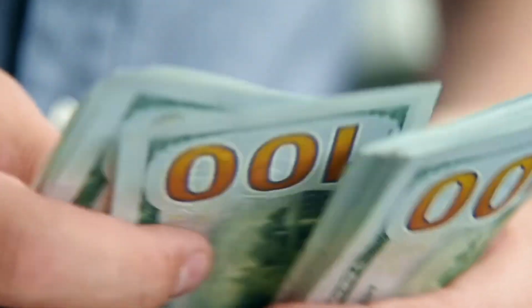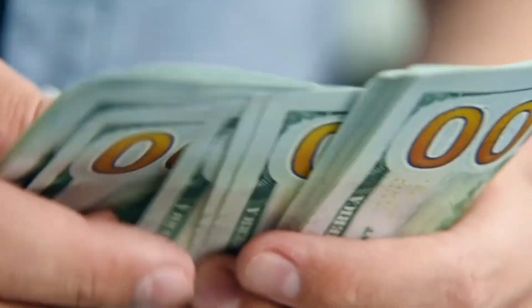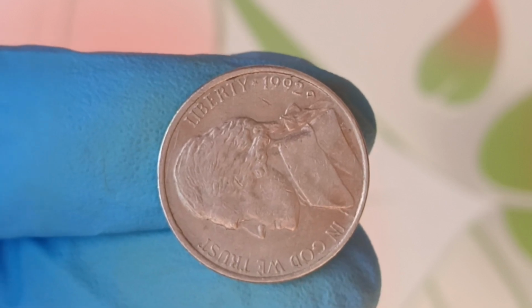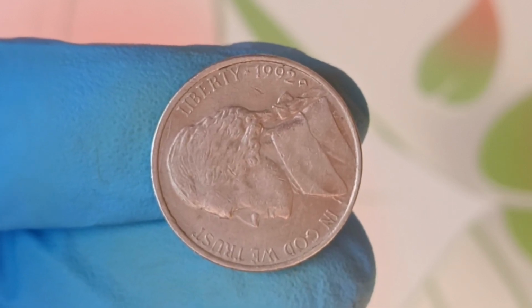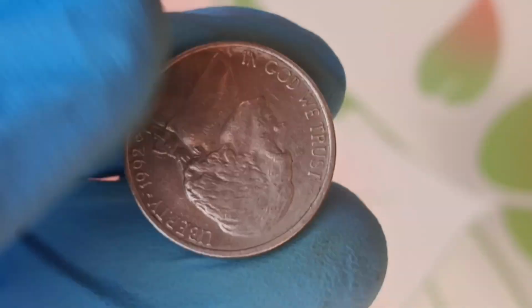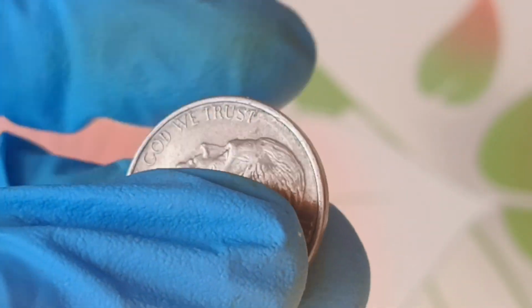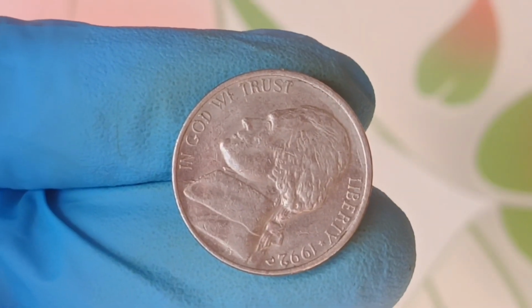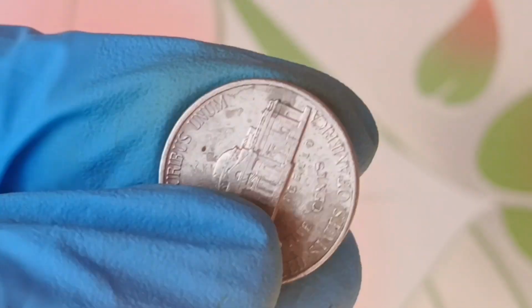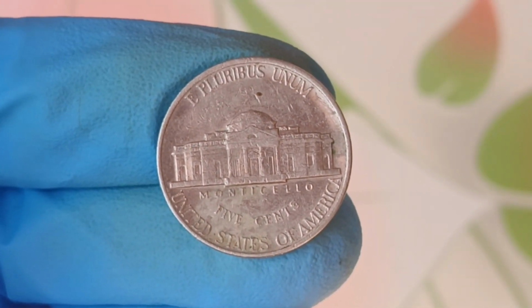If you're a coin collector, or just someone who's curious about hidden treasures, you're in for a treat today. We're talking about one of the most fascinating and valuable coins in history, the 1992 Jefferson nickel. Yes, you heard that right. This 5-cent coin could be worth a jaw-dropping $67 million. But why is that? And what makes it so valuable? Stick around as we dive into the history, value, and mystery behind this rare nickel that could make you a